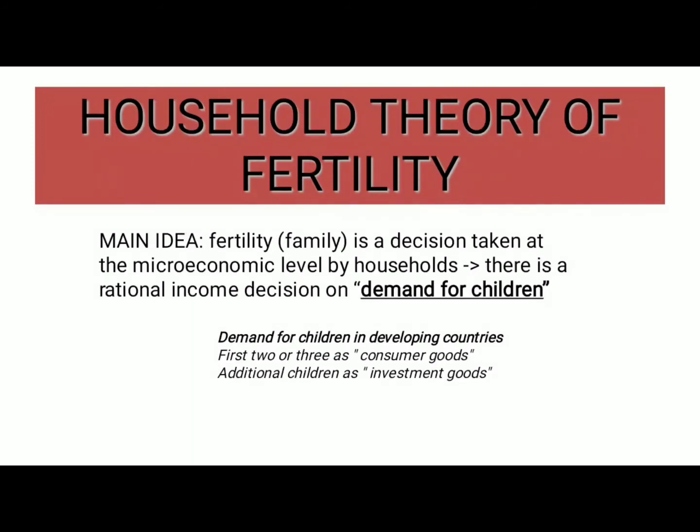So they thought of it as analogous to a consumer durable, which you have to pay something for but you have lasting benefits of enjoyment. The first 2 or 3 children might be consumer goods and thought of this way, but additional children as investment goods,